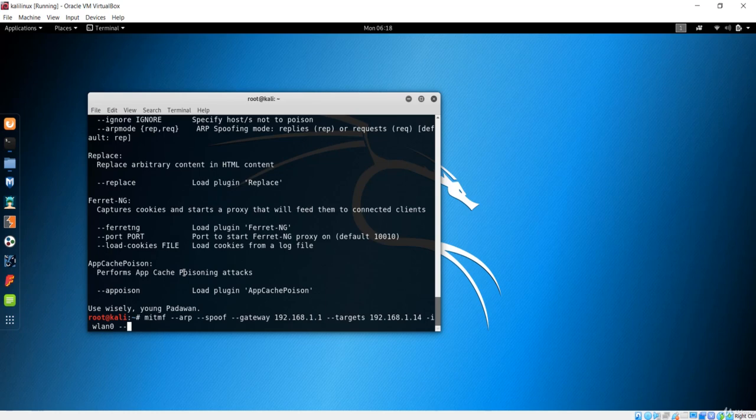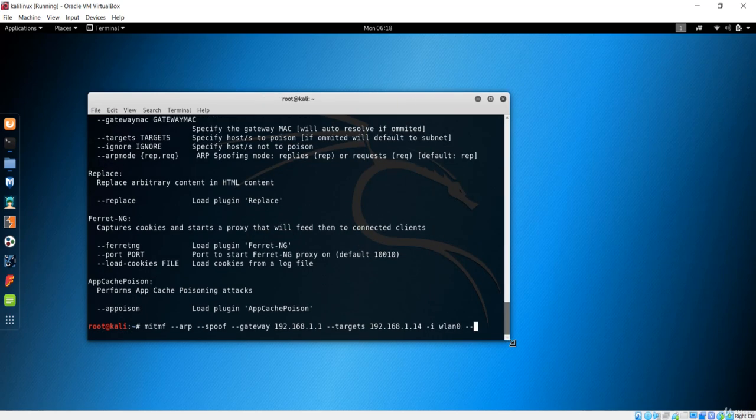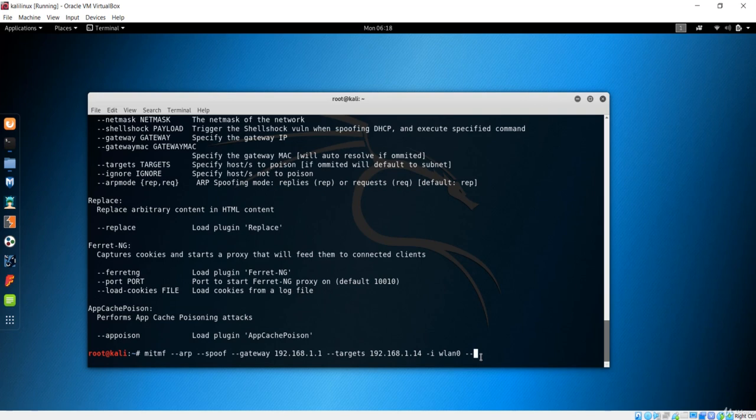But there is another one, the keylogger, which is very interesting. So let's see that first. It is the same command till here, because we didn't have to do anything different; it is the same command for the man in the middle framework. The only difference will be the argument that you pass after the interface.